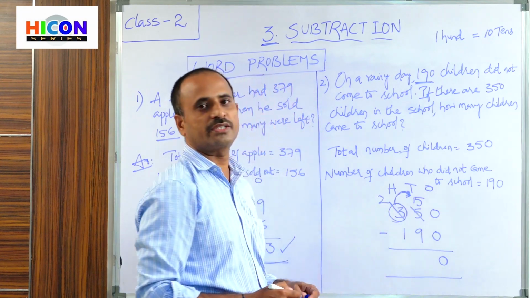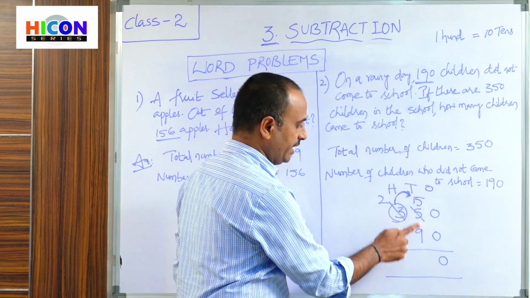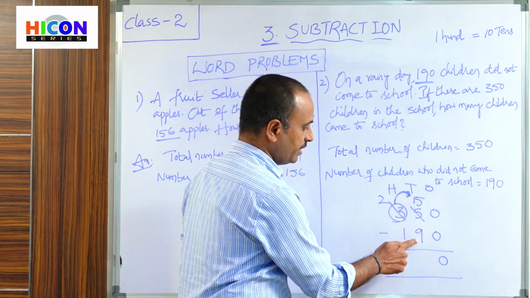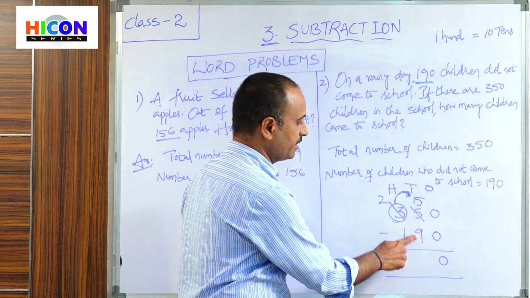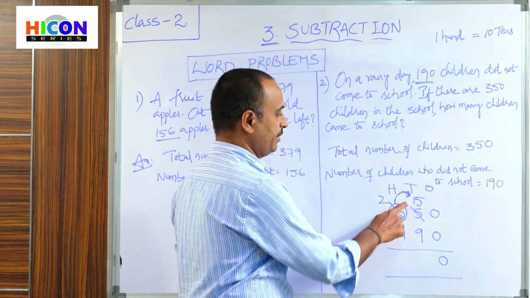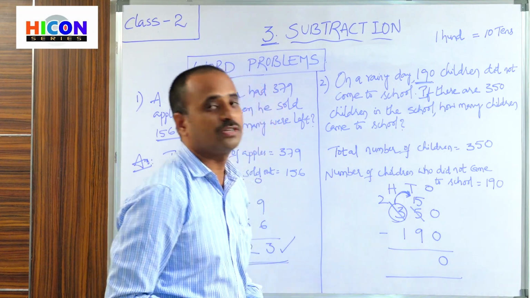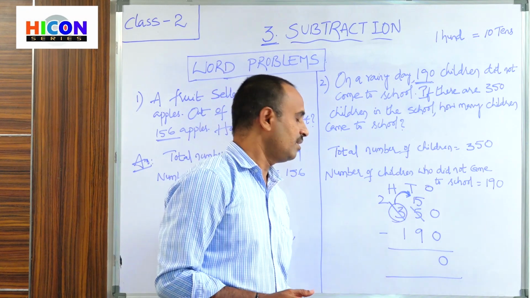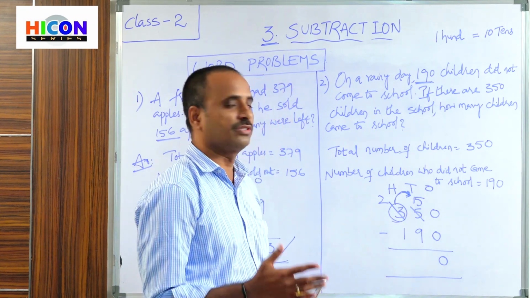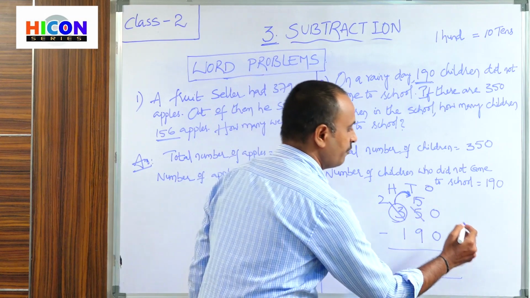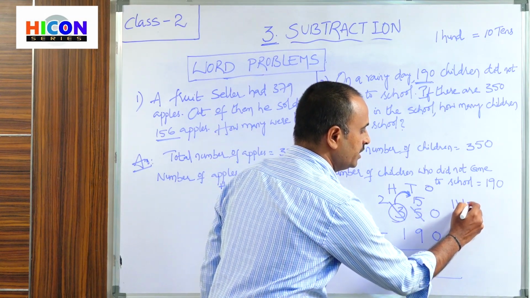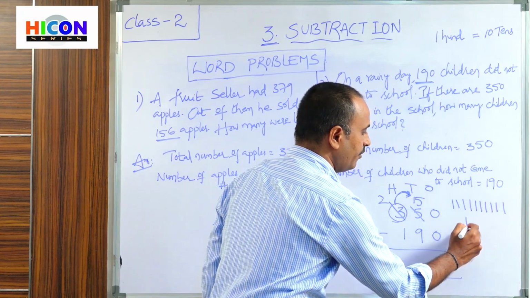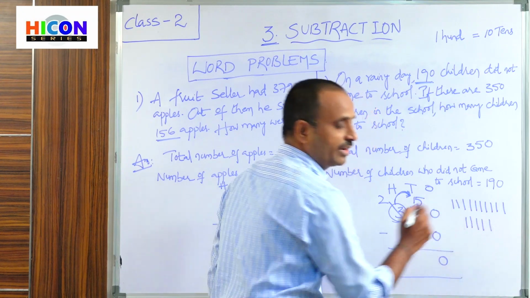So now do the subtraction. So there are 15 and 9 present on the 10th place. So 15 is the greater number, 9 is the smaller number. So subtract 9 from 15. So the first number is 15. So open 15 fingers of your hand. But there we have only 10 fingers. You cannot do this subtraction on our fingers. So just draw 15 lines in your rough work. So 1, 2, 3, 4, 5, 6, 7, 8, 9, 10, 11, 12, 13, 14, 15.